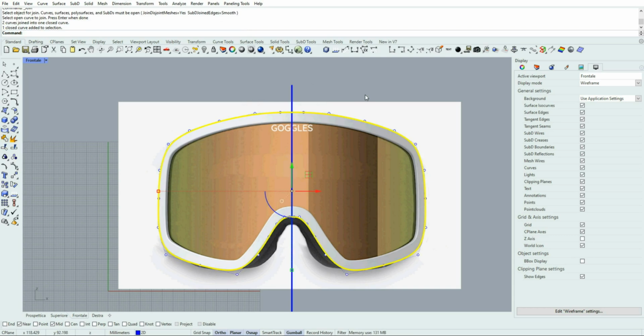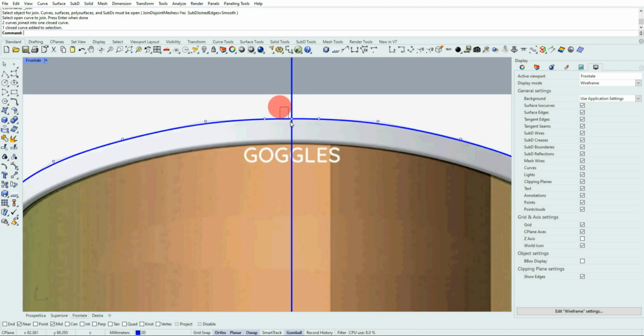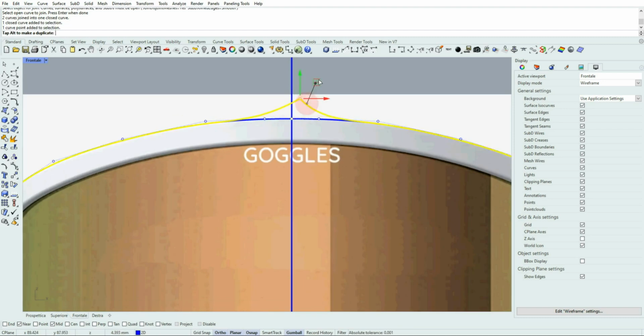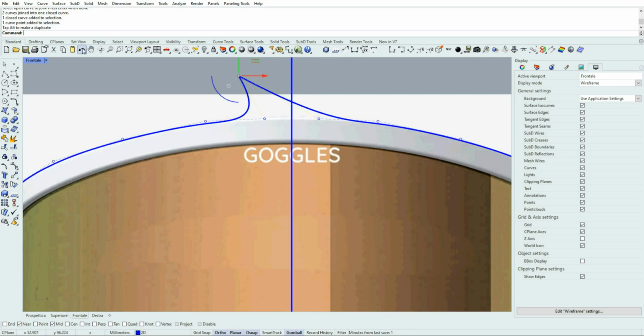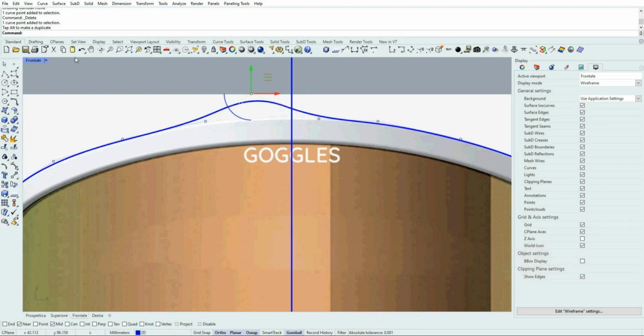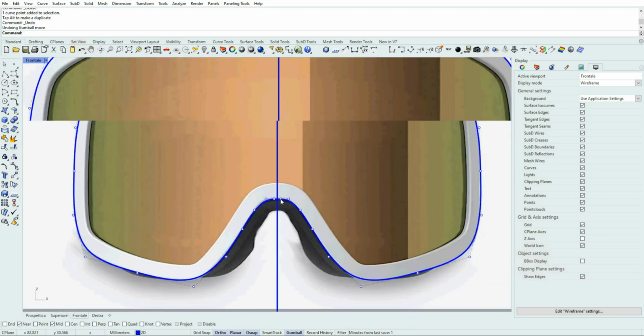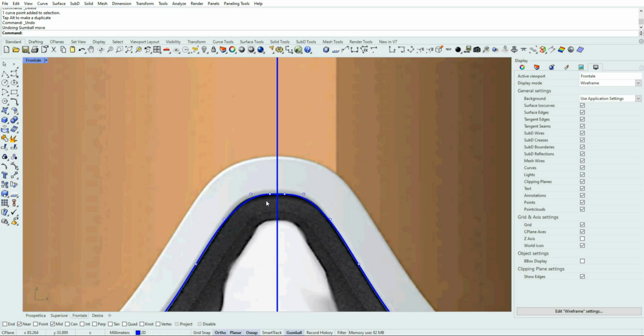If I click on it, I can see the control points, and it's a good idea to adjust a little bit better. As you can see here, the junction is somehow flat, so we can delete the central point. The shape is almost the same, but now the curve is smooth.